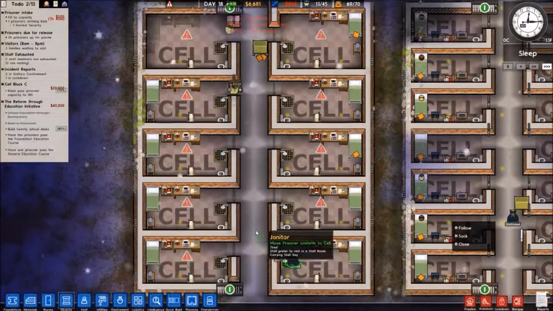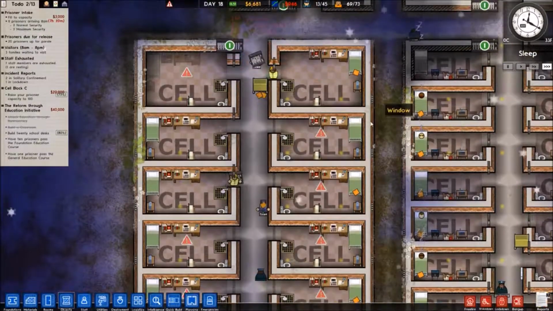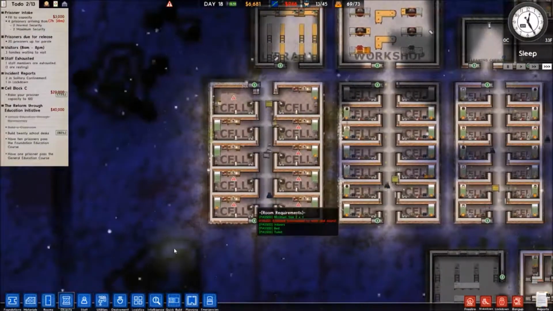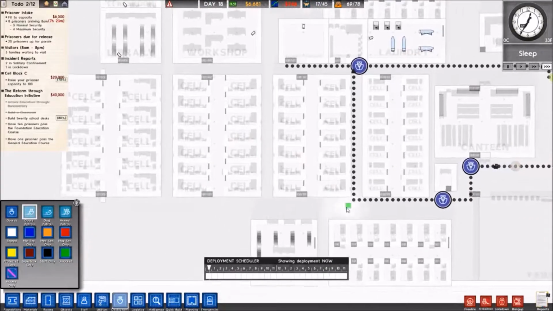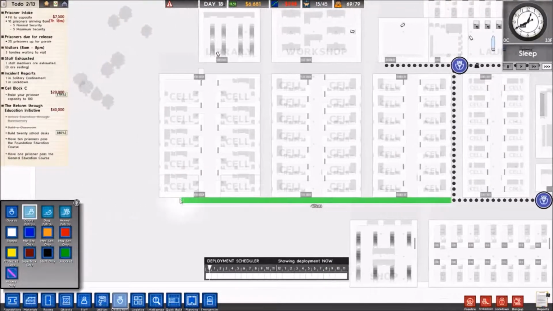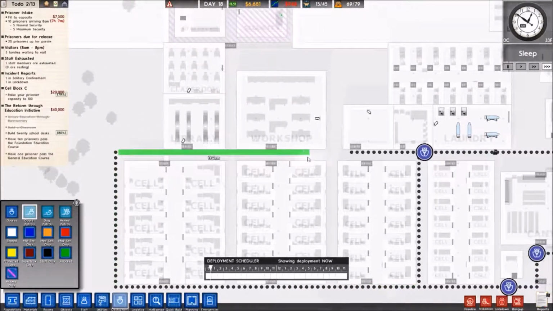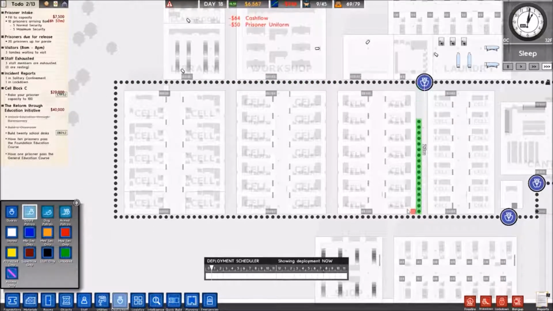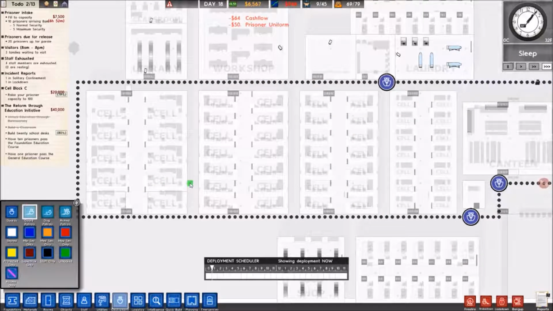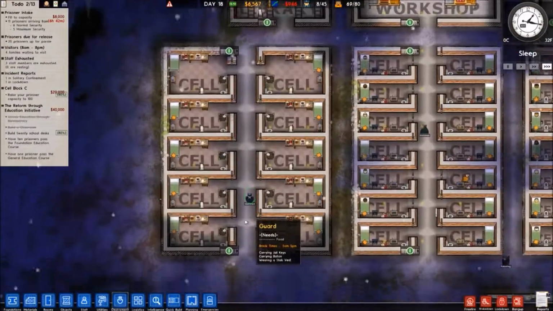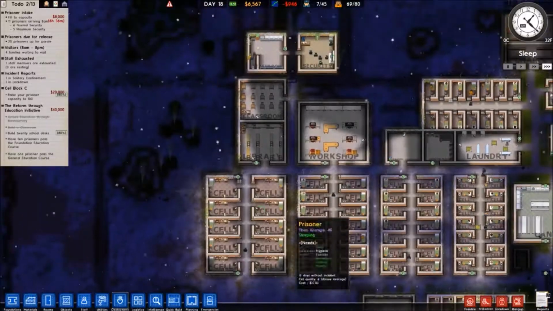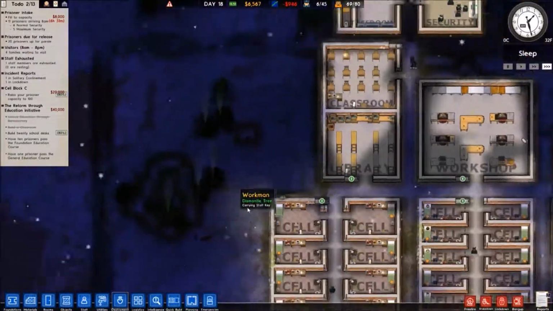And we do currently have a guard stationed patrolling around. What's our current guard patrol route? It's over there, so we should pull it over to here. We're pulling the patrol around so that it's a little longer. We'll take that bit out, so they have to walk the long walk and so they can see everything. It is snowing out, so I can't really see what's happening in the in-between areas.